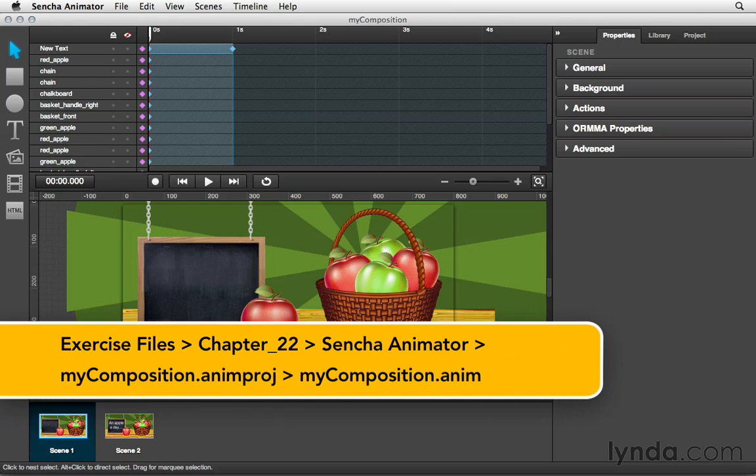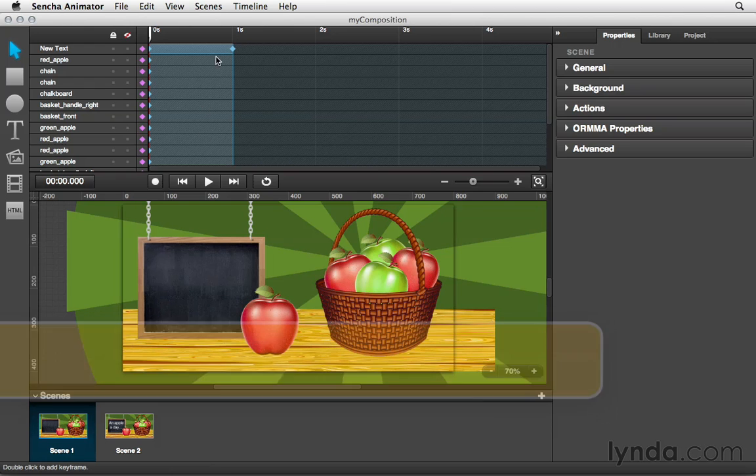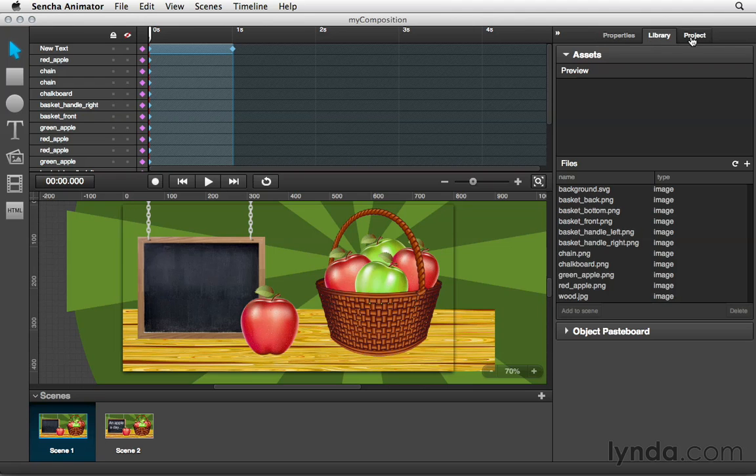Now in Sencha Animator, we have a main stage in the middle of the screen. We have our timeline at the top of the screen, and we can see individual keyframes for all of the items on the stage. On the right-hand side, we have a Properties panel, a Library panel, and then a Project panel. Inside of the Library panel, we can see all of the assets that we have available to our Sencha Animator project. Now on the left-hand side of the screen, we have our Tool panel, and down at the bottom,